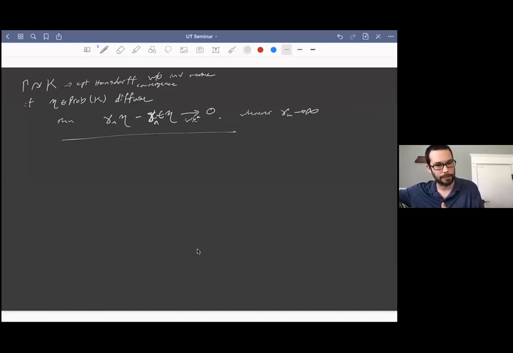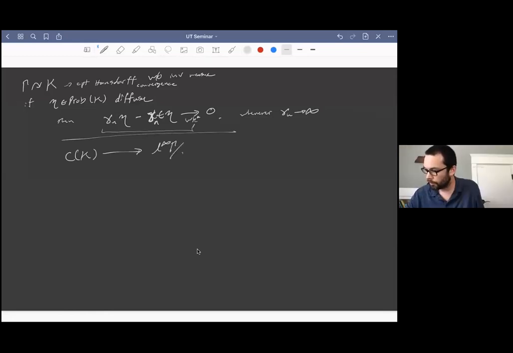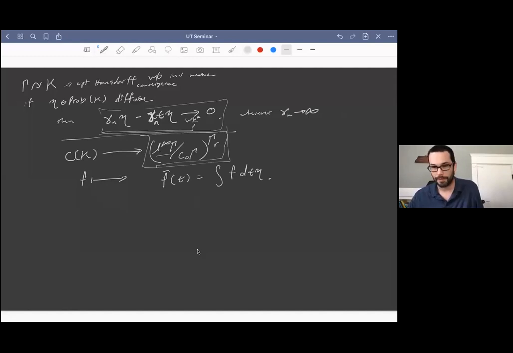You get this proximality. And from this, you can naturally define a map from C of K to L infinity of gamma modulo C naught gamma under the gamma right translation, by taking a function and sending it to an L infinity function, f tilde, which at t is exactly the integral of f d t eta. And this property, which I've given you up here, exactly says that it maps into this target space.